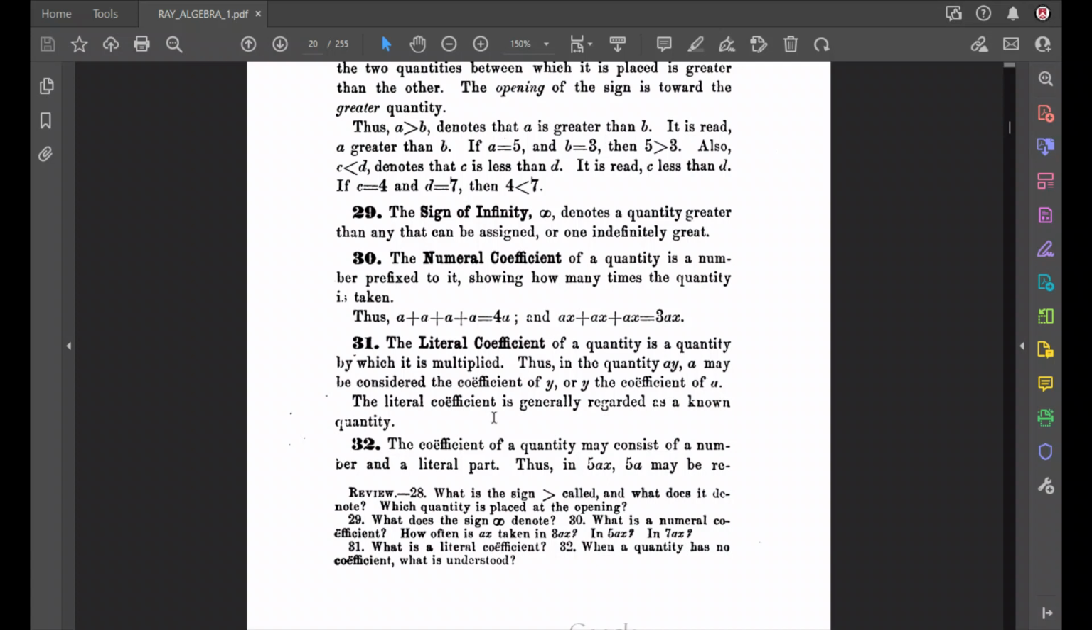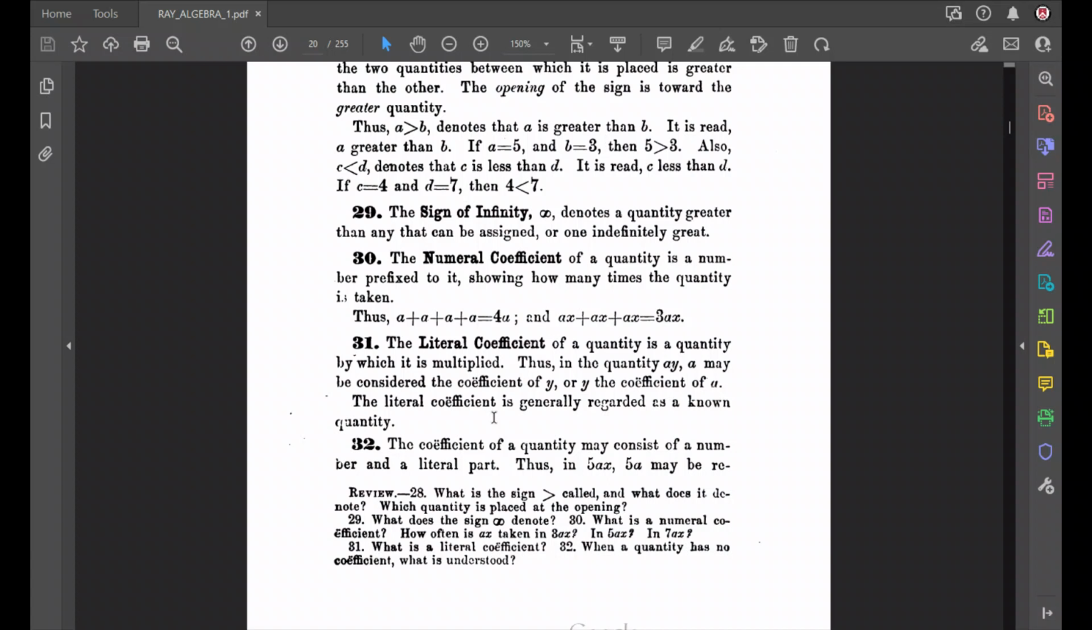So we'll pick up at Article 30, I believe it is. We'll review this as if we never studied it before. We'll pick up at Article 30 here on the numeral coefficient. And you'll probably agree that that wasn't too clear in our last class. We moved through it pretty quickly. So let's just go through it again, take our time, and make sure we understand what coefficients are,